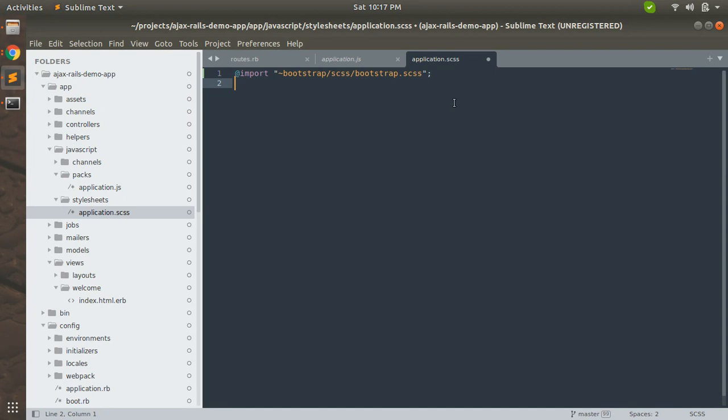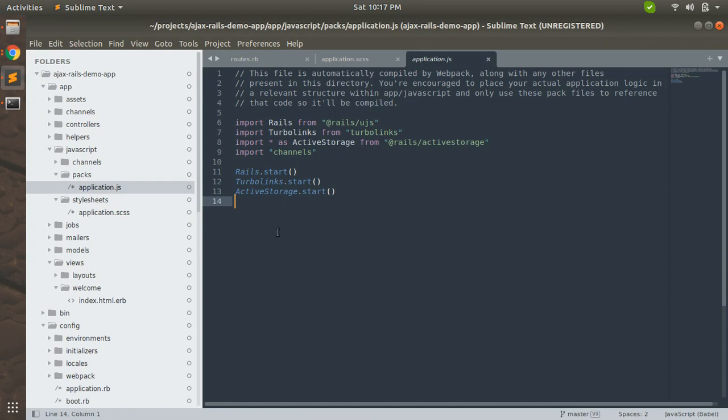I'm adding the SCSS version of Bootstrap. But before importing Bootstrap JavaScript in application.js, we need to configure our Webpack environment.